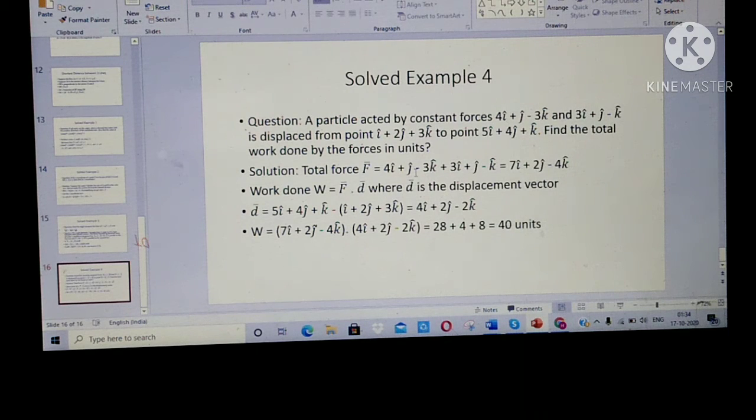So this was all. I had some 12 slides related to theory, in which I explained some topics, and then 4 solved examples in order to explain the concepts in a better way.